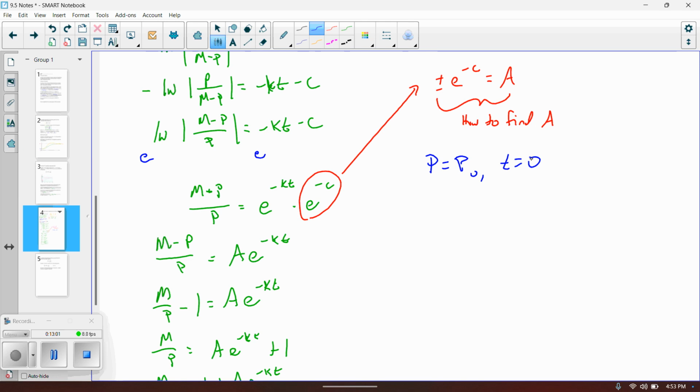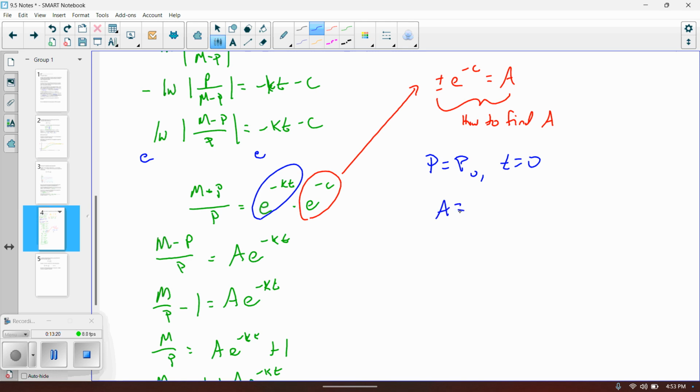So if time t is 0, that makes this piece right here go to 1. And if the population is the initial population, then what you ultimately get is